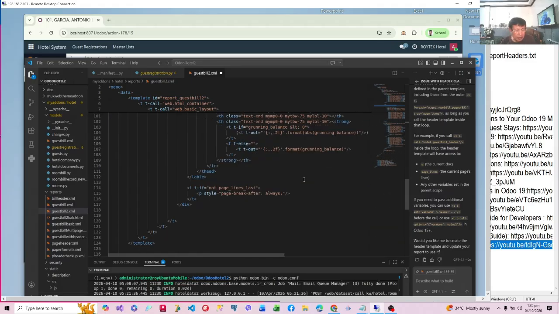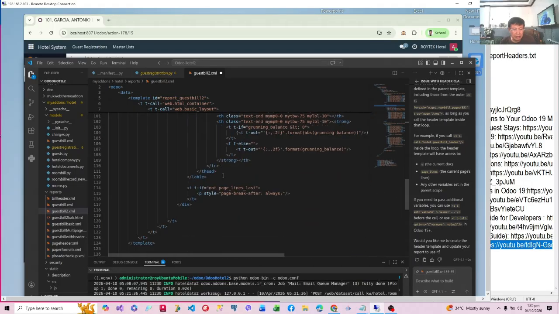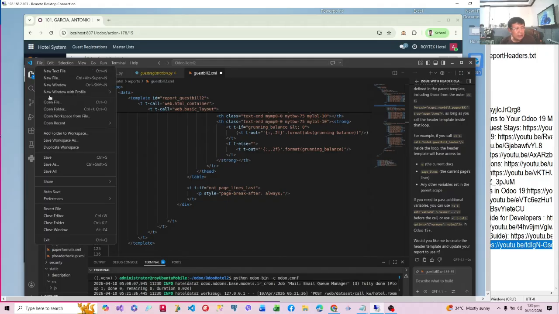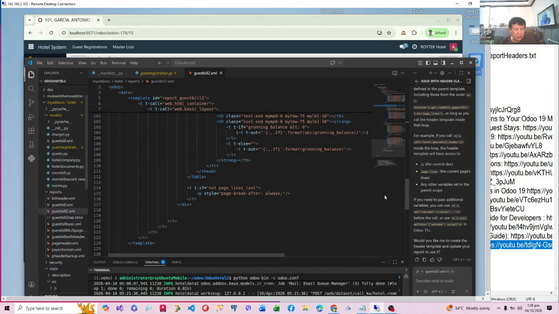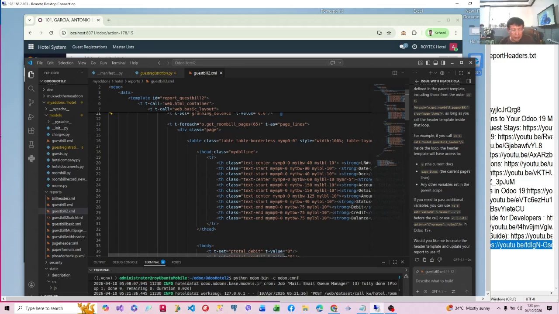We have this special section to do a page break after this footer is printed. I hope you follow. It's very important. Anyway, I'll post the source code in the GitHub repository which I've described. So after getting all the room bills, we get them into groups of 65, and for each page line in the group of 65, we use the loop to be part of our main body. I hope this compiles.